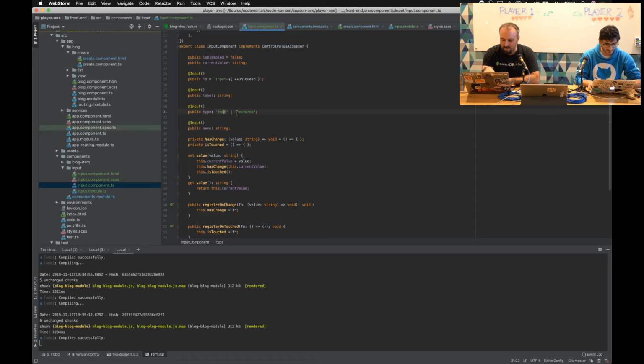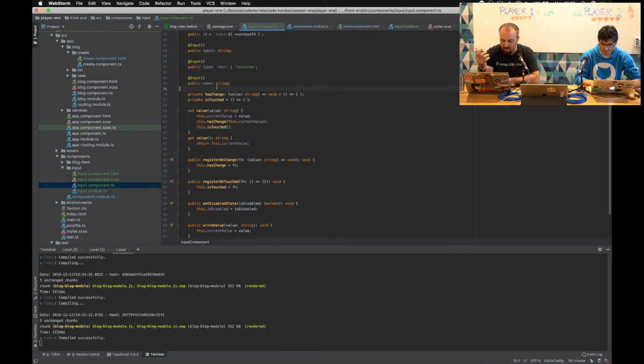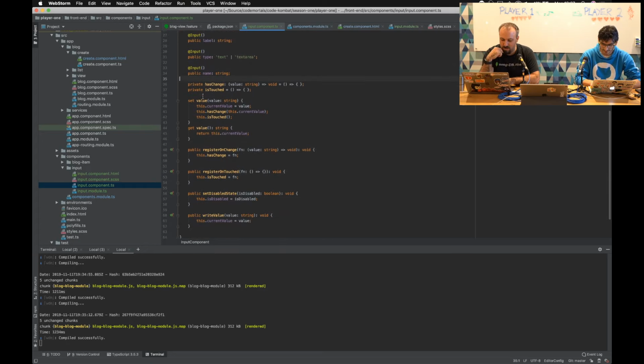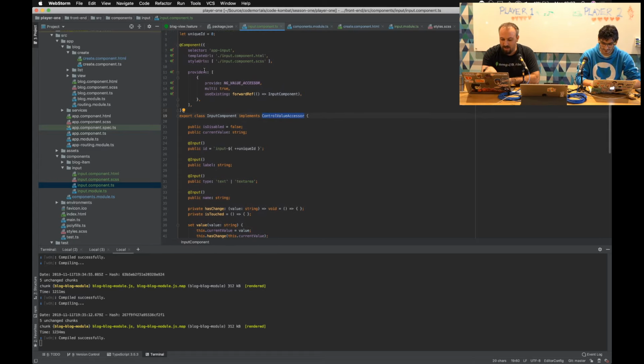So you can have either some text or a text area, and a name for it, sort of standard things you put on input. But to create your own custom input in Angular, the most important thing is this bit here, this implements ControlValueAccessor directive, interface, I guess. So we take that interface, and then the other thing you have to do is up